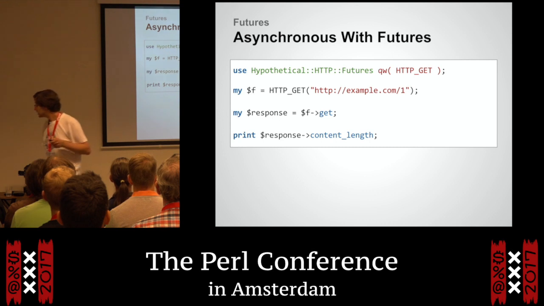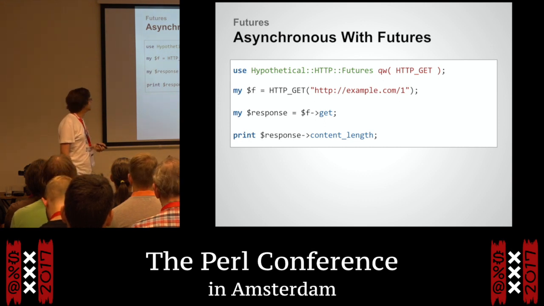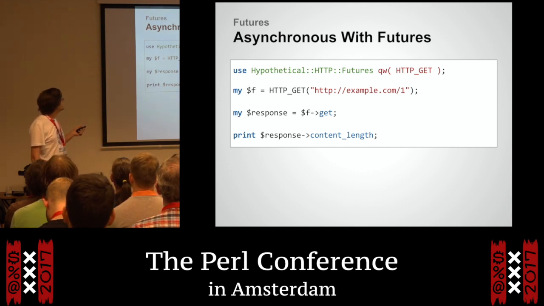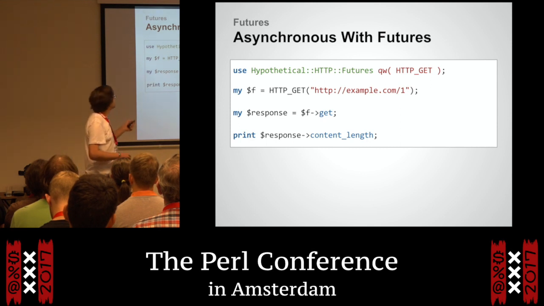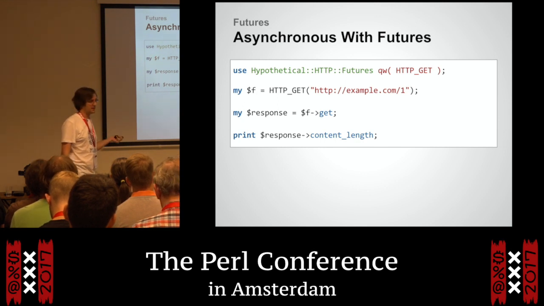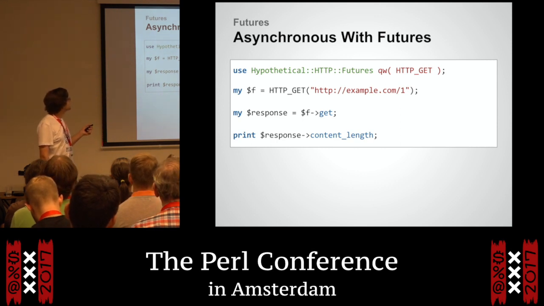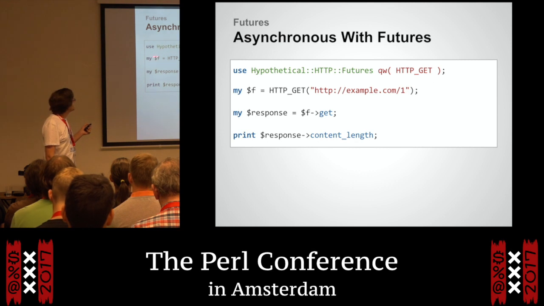So here's a real piece of code, other than this top line here. Again, this is from the AppCEU, where I invented a lot of these hypothetical modules. And I said, well, I'm not going to tell you how this is implemented, but trust me, it can be. It's boring, I won't go into it. But it serves the point that we have this function called HTTP-GET, and it's going to return this future, which I'm calling $F. It's fairly standard notation. So this thing here is going to start this HTTP operation, and immediately returns this future value.